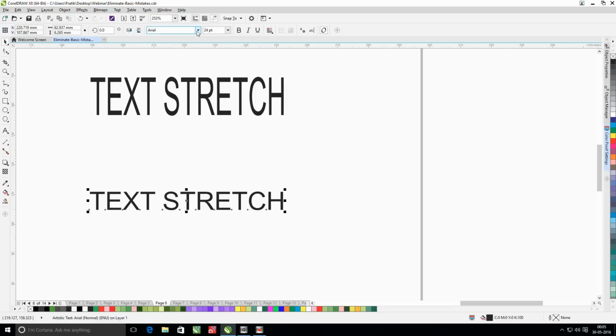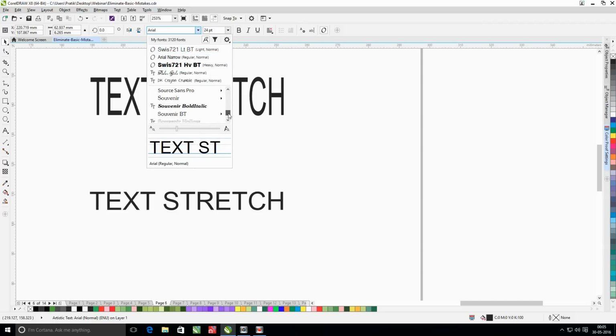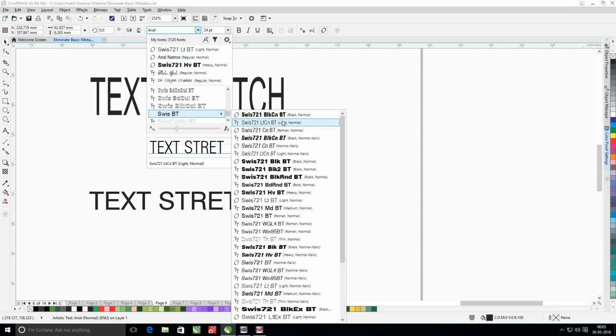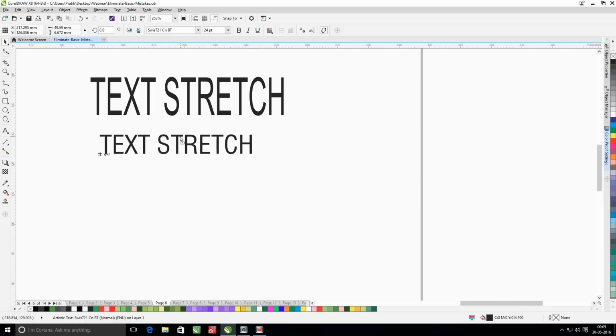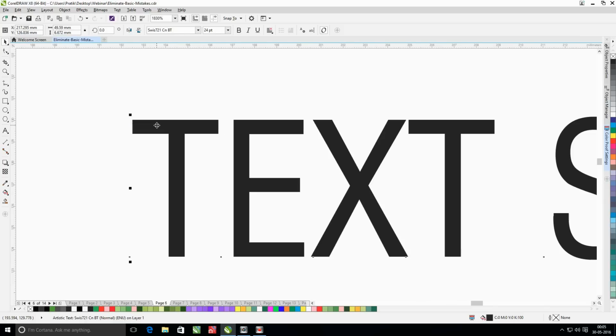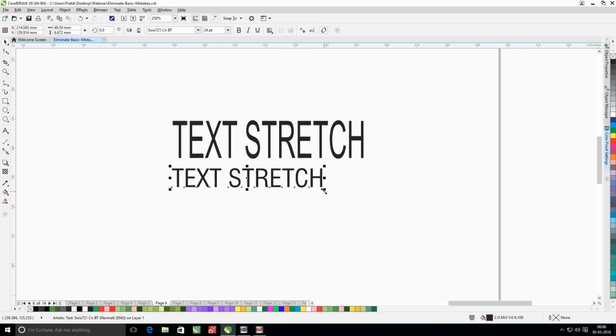So let's try with the font family of Swiss. You have this Swiss BT font, which has a series of options which you can use. Now I want to use a little elongated font. There is a condensed BT font available for use without the text being stretched disproportionately. Here you can see the height and width of all these horizontal and vertical lines are perfectly matching up. So there is no ugliness in this text object.